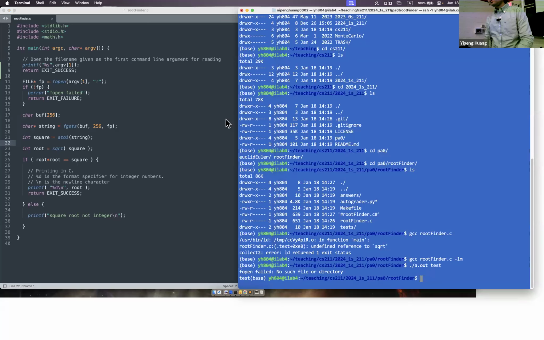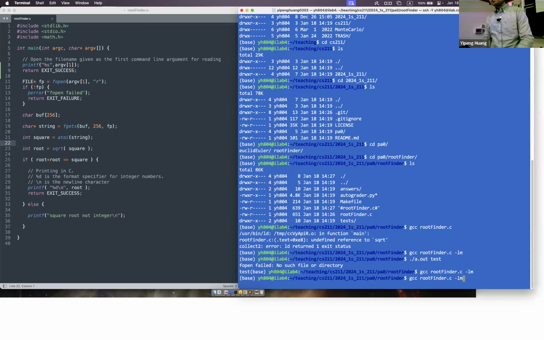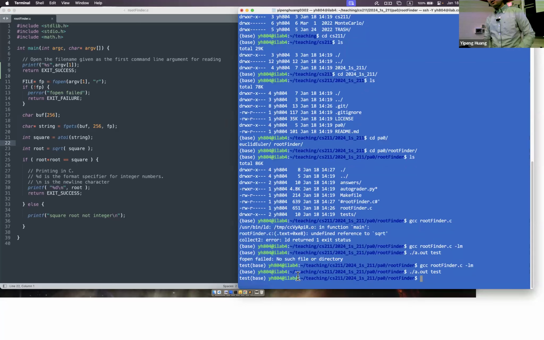It says, OK, I execute the program, and the first argument, item 1, is this printout here,